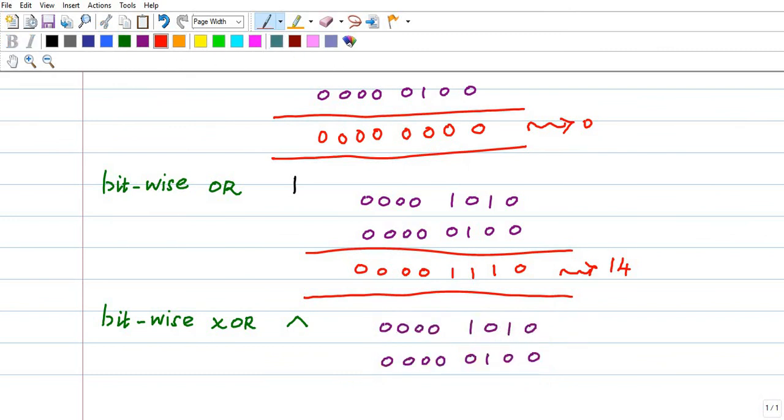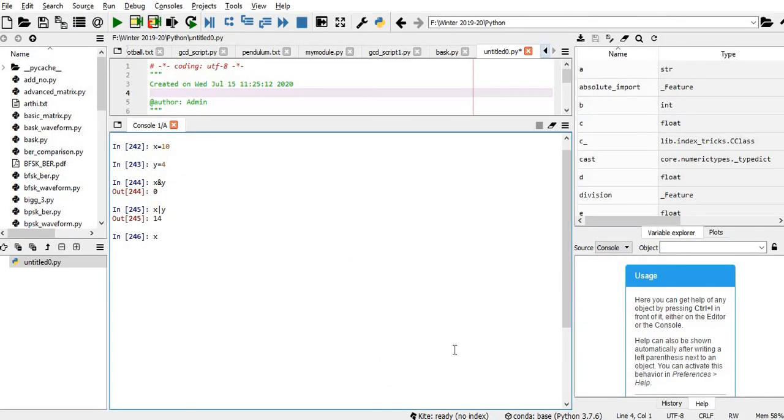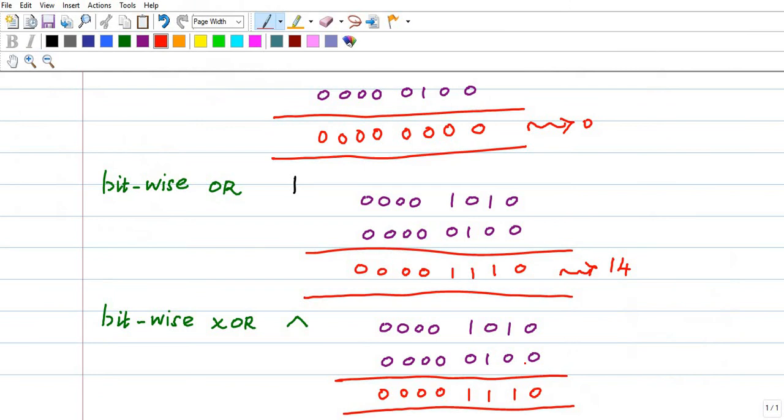For the XOR operation, when both inputs are the same it is 0, otherwise it is 1. So 0 and 0 is 0, 1 and 1 is 0, the others are 1. It should result in 14. We'll verify this. x cap y, and we are getting 14.